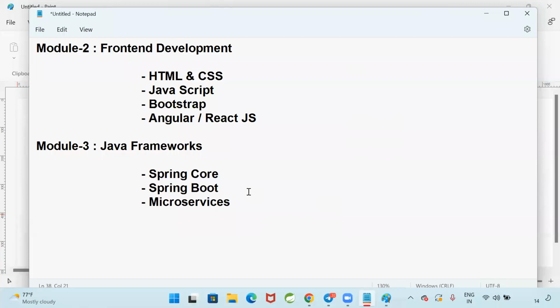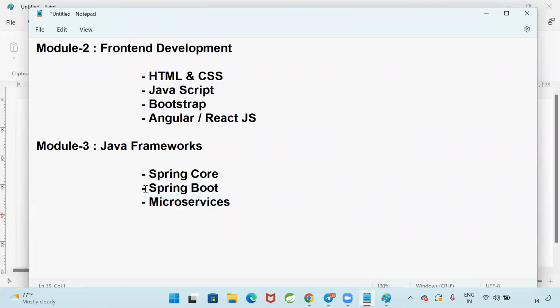I'm going to tell you, in this Ameerpet, our institute is the brand for Spring Boot and microservices. You can inquire with any of your friends, and they will tell you who is best for Spring Boot and microservices. So our institute is the best in the market for Spring Boot and microservices.